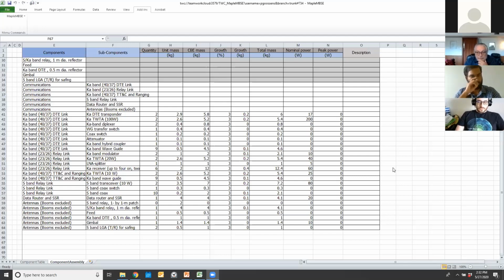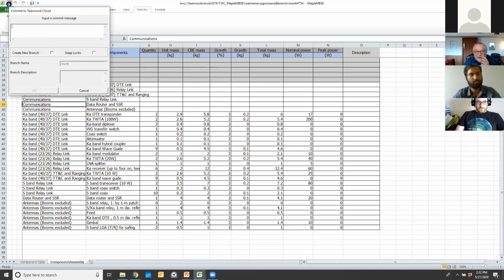Okay, so while Sergio has been working on his part, I've been busily putting together the various hierarchical relationships between the components, the sub-assemblies, and all parts of the communications system. And then, of course, all the properties that we want to enter into the systems model. In order to do that, I just simply double-click on the commit icon, and I'll put in a comment here, communications